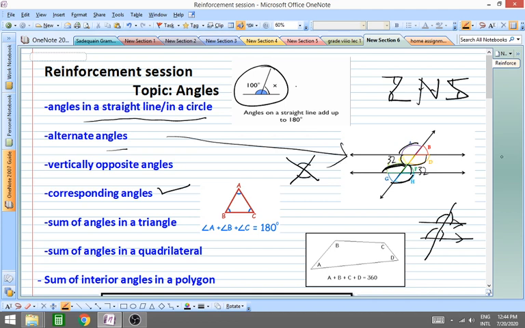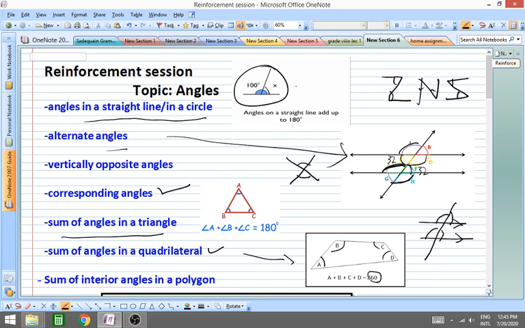Now as you know, the sum of angles in a triangle will definitely add up to 180 degrees. If you add all these three angles, angle A plus B plus C, then the sum will add up to 180 degrees. Now the sum of angles in a quadrilateral, here I have mentioned a diagram. Similarly to the triangle, we have a formula that we will study later, but the point that needs to be remembered is that the sum of angles in a quadrilateral is equal to 360 degrees. If you add all these four angles, definitely the sum will be equal to 360 degrees.